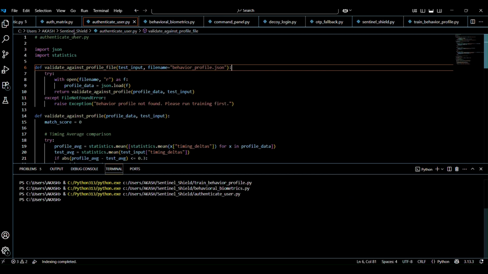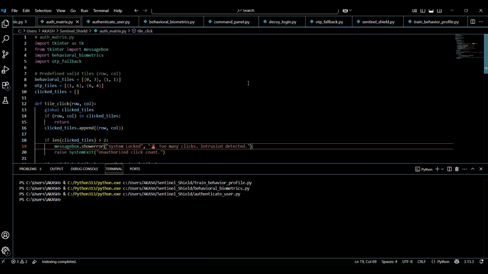So we have authentication user. The purpose of Sentinel Shield is something else, which I'm going to show you while executing it. Okay, let's go to the next aspect. Authentication user is more than the traditional passwords or the traditional authentication process.